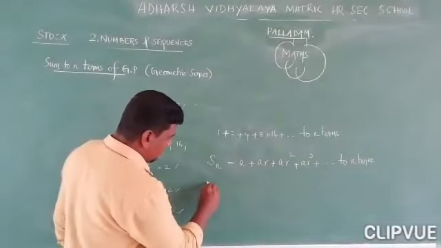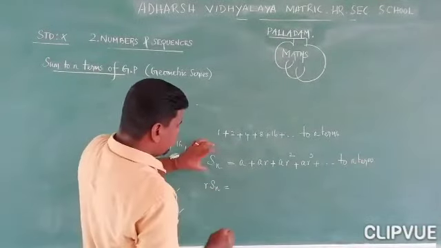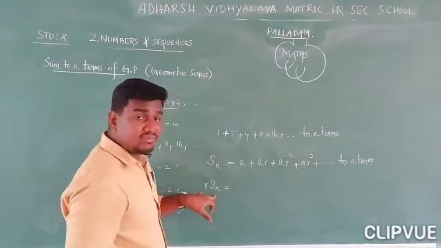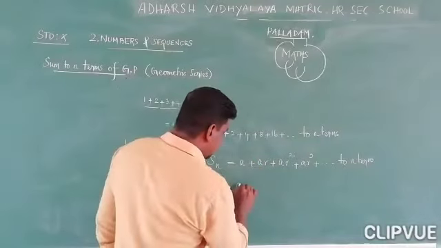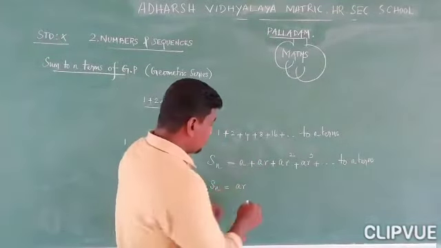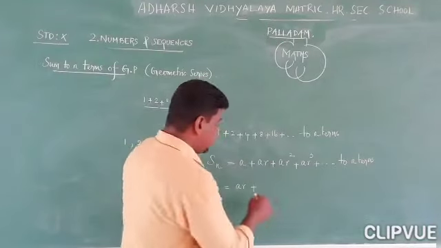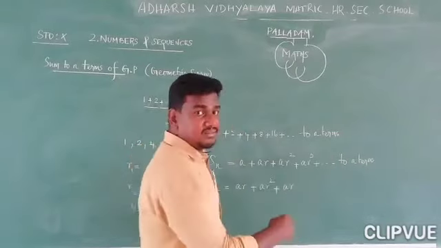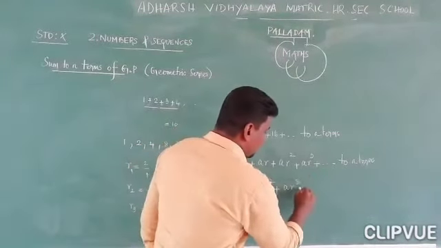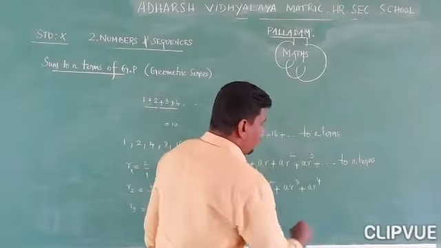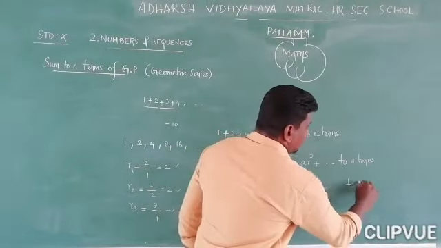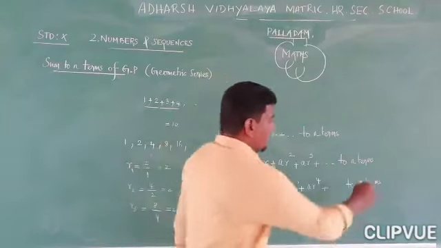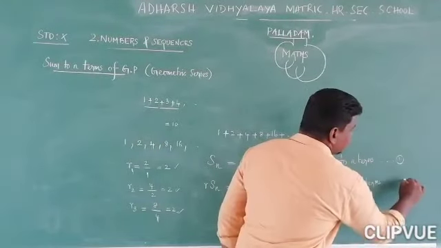So what do we get? R into Sn, this is left hand side, this is right hand side. If I multiply by r, I get r of Sn is equal to ar, which is a into r. Here ar into r means ar square. The powers are raised by 1, so ar cube, ar power 4, to n terms. I hope you understand this. I am going to take this as equation 1 and this as equation 2.